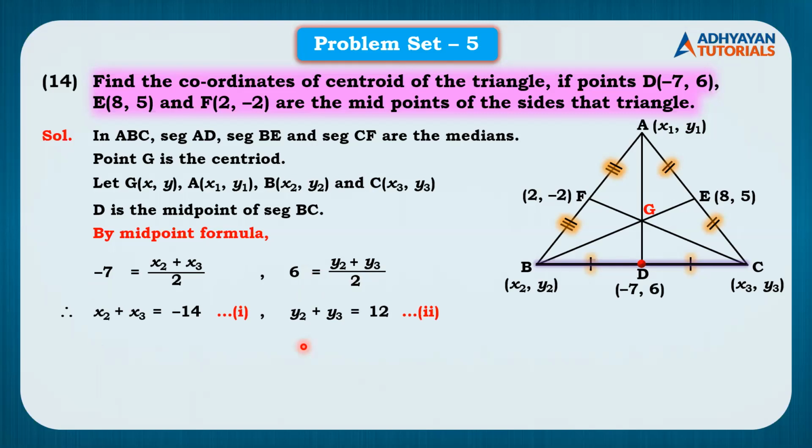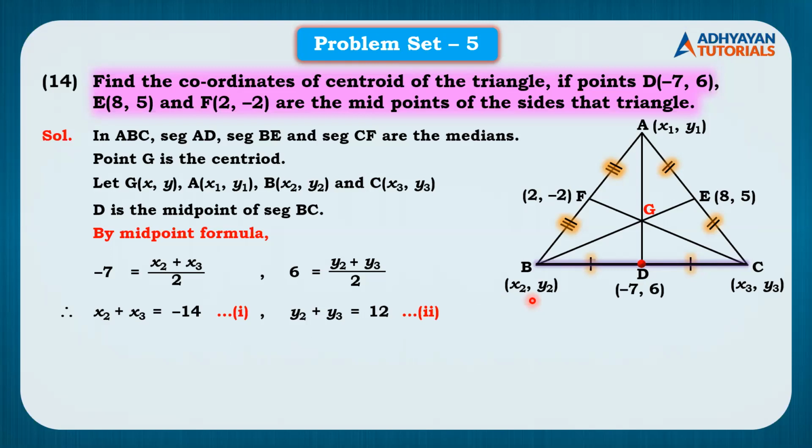Now we'll be focusing only on D. So D is the midpoint of segment BC. So the coordinates of D are x comma y, the coordinates of B are x1 y1, the coordinates of C are x2 y2. So accordingly we have understood them and written them down. If we write the formula there would be more confusion because the coordinates of B is already x2 y2. So why is she considering it as x1 y1, students have this doubt.